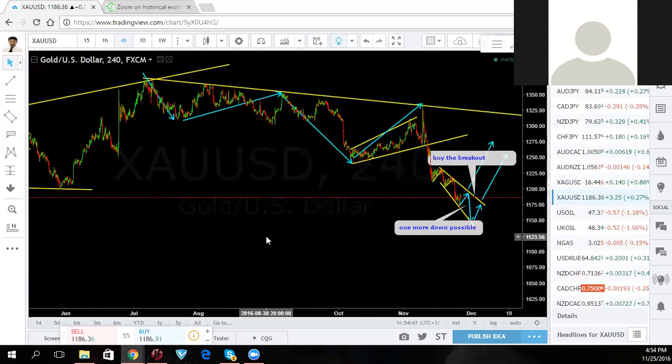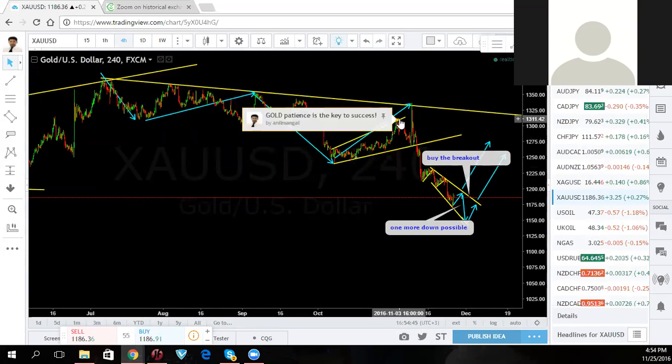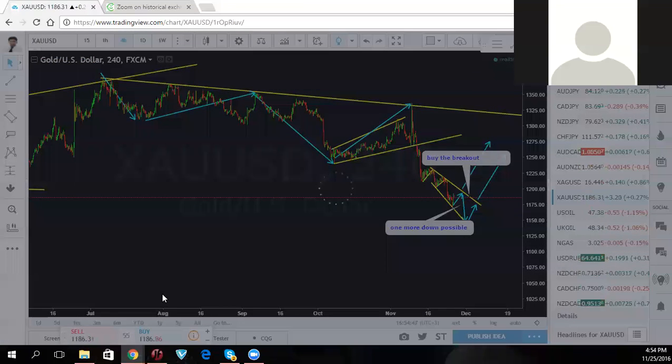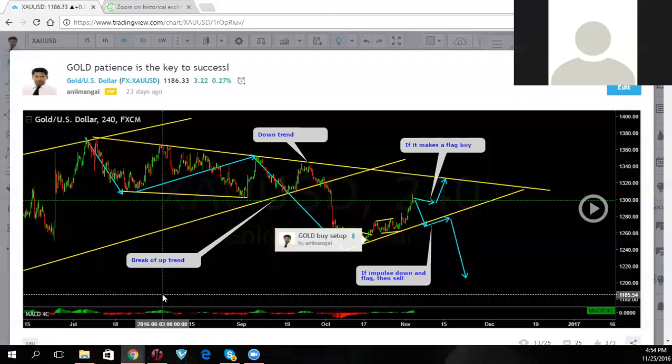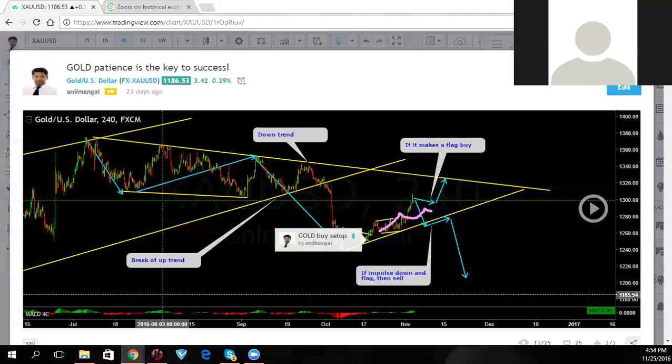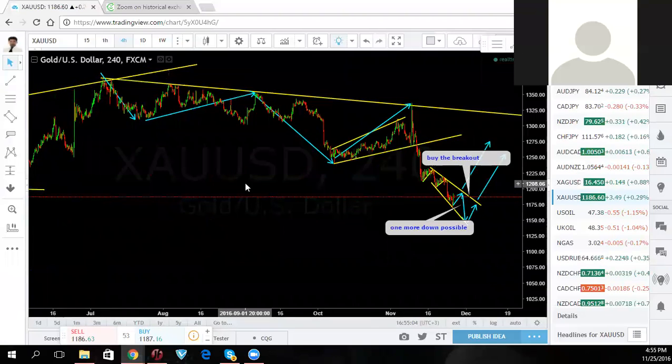First, it's a down move because we're in a downtrend. We are going to get the next down move. There's no need to worry about that. You're going to get that down move. But there is a chance that this up move here will make its way to the top here. So if it makes a flag here, buy that piece and then look for the downside. If it comes very sharp down, do this, then you get the sell. What did it do? Let's go take a look at gold.